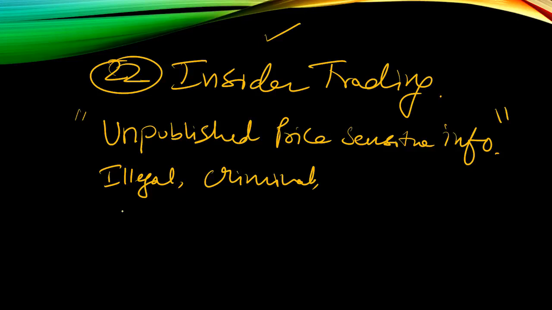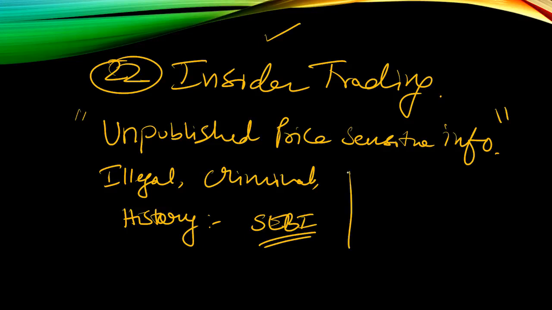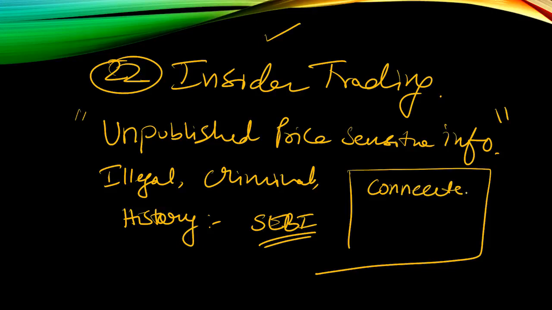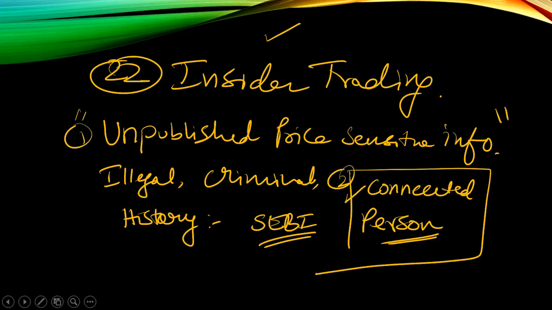So when we study this chapter, we study a little bit of the history. That is what insider trading is, and why we had to have a law, because if nobody cheated, we didn't have to have any concept. Then we study the SEBI regulations relating to prohibition of insider trading, how we have to prohibit it. Then the most important definition, which you have read in the exam, is the concept of connected person. In this chapter you study this definition very well. You know unpublished price sensitive information and connected person. You can write these answers very, very well.